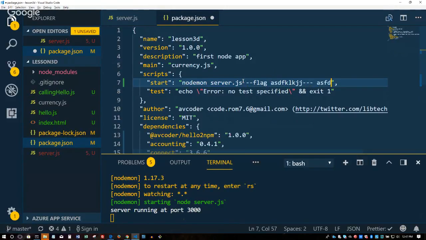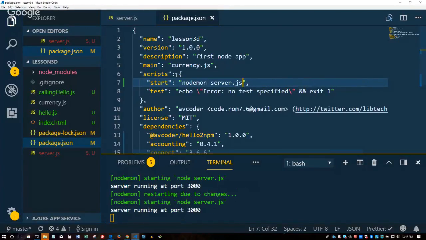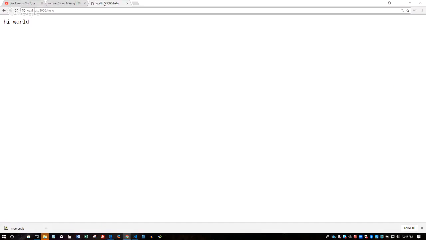It could be huge. And when you're downloading a Node app from the internet, you don't know exactly what flags to use. So you just say npm start, and you're done. You're up and running. Okay. All right. On to the next one.